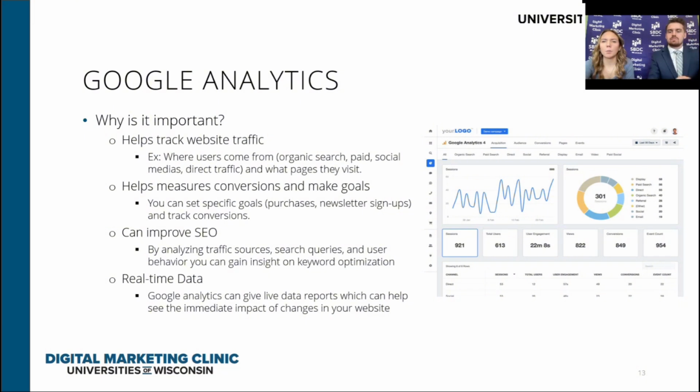You can see how many people are coming from organic searches, direct searches, referrals, any ads. And you can also see if they are coming directly from searching for your website itself. You can create specific goals for campaigns and track their successes. This can include any purchases, newsletter signups, etc. You can also track e-commerce events as well. You can also see, like I mentioned, the keywords that are performing best and attracting the most customers to make sure you are optimizing your pages for those keywords.